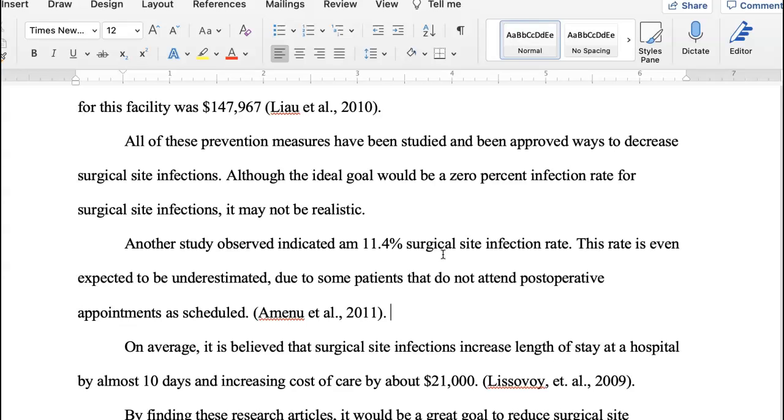So how much do you want to reduce them? What's your target goal? And do you want to decrease the infection rate, and ultimately you will have a decrease in cost of care. So just thinking about that when you come up with your target goals clearly identified.